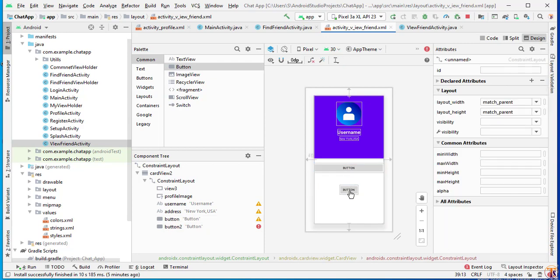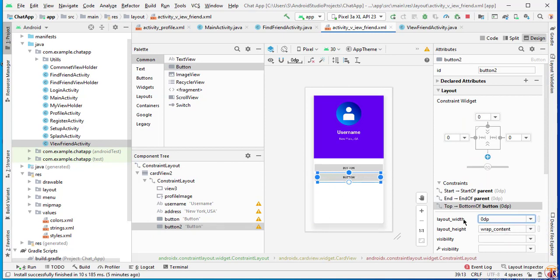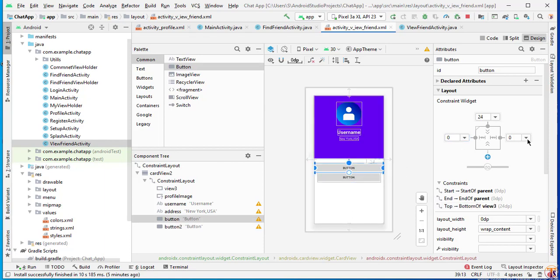Okay, now select the second button and add the constraint from top and also change the width into match parent, and also change the margin from right into 16 dp and also 16 dp. Now change the first button and also change it to 16 dp.